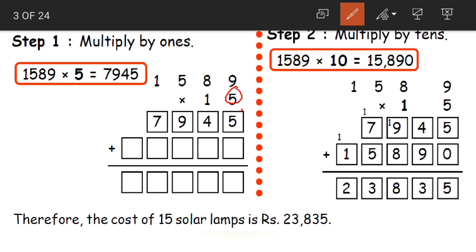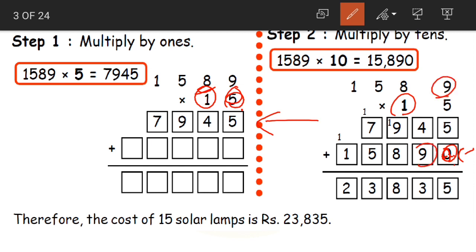Now, apart from 5, we are having 1 at our tens place. So now we will multiply the tens. See children, then we should write it in the next line, okay? In the first line, you have written whatever you got from multiplying the number by 5. Now we are going to the next digit, that is 1. So we need to go to the next line, okay? Now when we go to the next line, place 0 in the first place. First write 0 here. Then after writing 0, start multiplying.